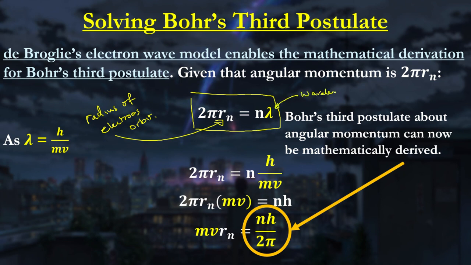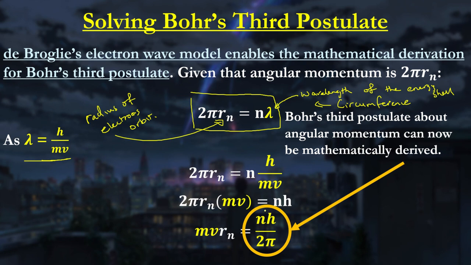So the wavelength of the shell, the energy shell, can also be seen as the circumference in which the electron needs to orbit the energy shell as well. Okay, now we know that from de Broglie's equation, lambda is equal to h divided by mv. So if we just substitute that into the equation, this is the number we get.